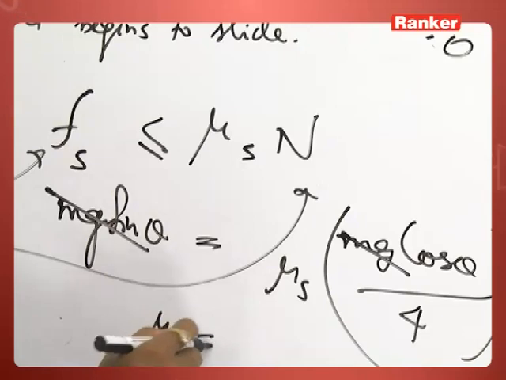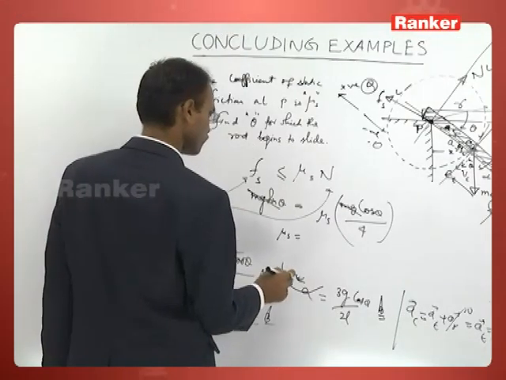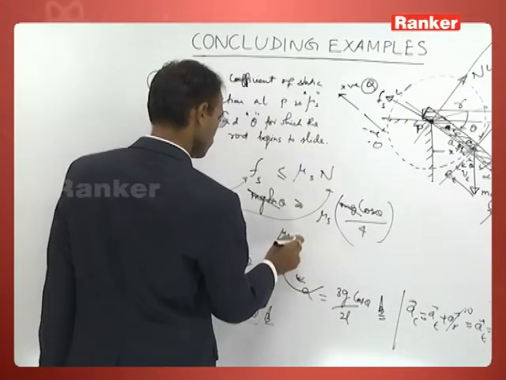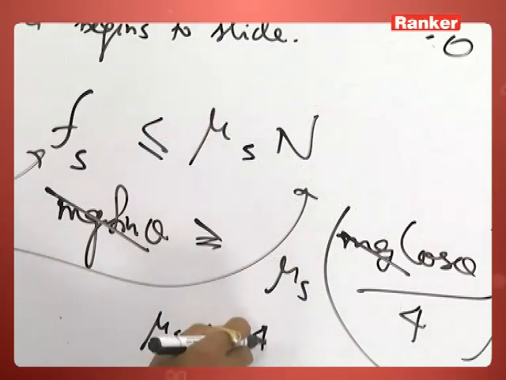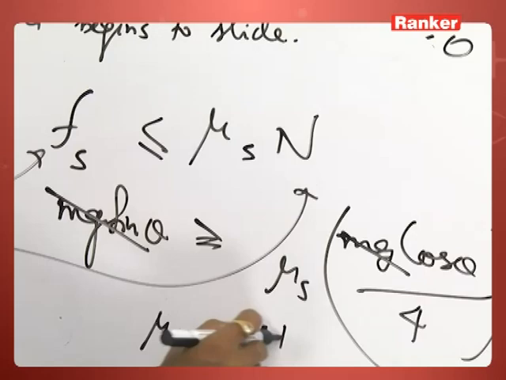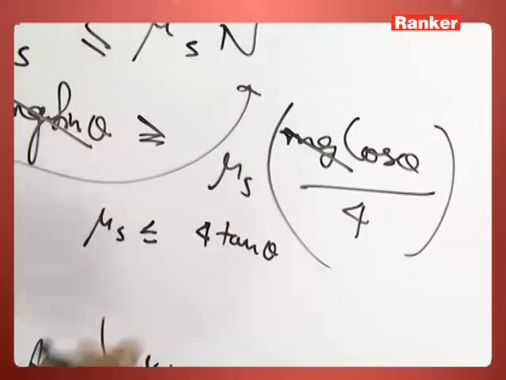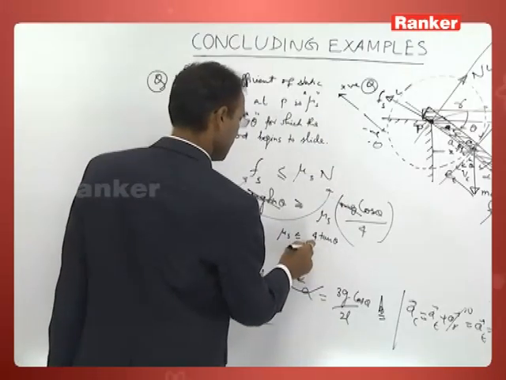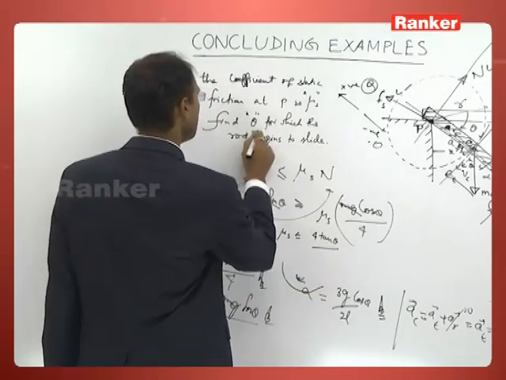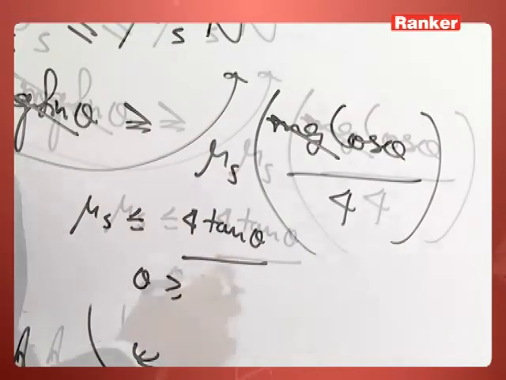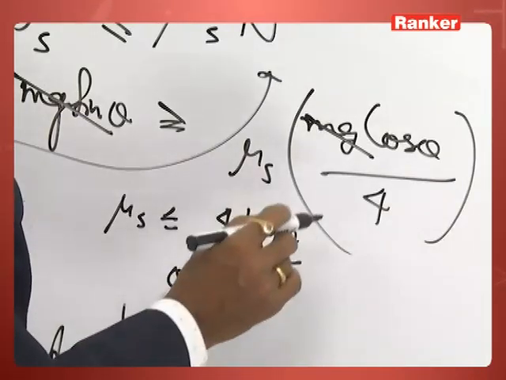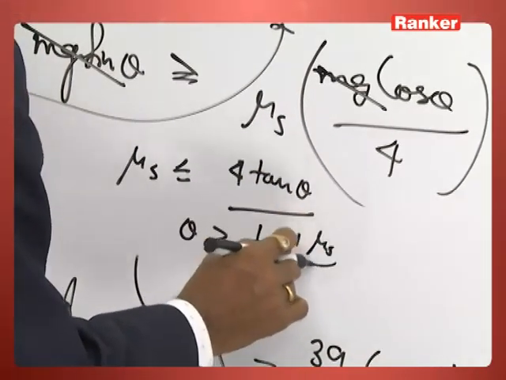Mu s is less than or equal to 4 tan theta, or you can just write theta is greater than or equal to tan inverse mu s by 4,